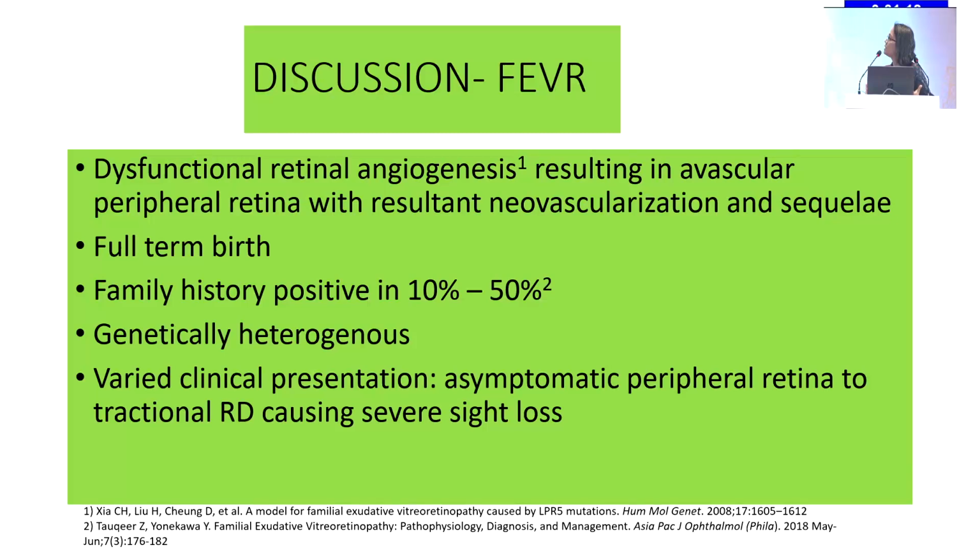So as we all know, FEVR is a dysfunctional retinal angiogenesis resulting in avascular peripheral retina with resultant neovascularization and its subsequent sequelae. Commonly seen in full-term children, however, sometimes they can overlap with ROP in a preterm, when we call it ROPER. A positive family history helps in the diagnosis. However, a negative family history does not negate the presence of FEVR. They are genetically heterogeneous and even the phenotypic presentation varies a lot, from asymptomatic peripheral retinas to tractional RDs causing